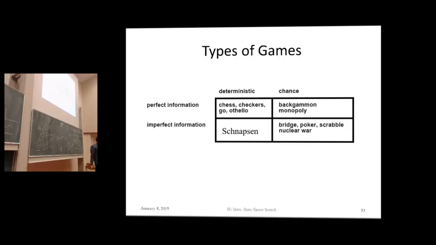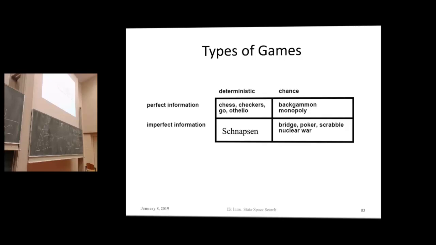And it's deterministic, so if I make a move, I end up in one specific situation. That's not necessarily the case, so if you play backgammon, I make a move, but the move starts with throwing a dice. So I have a notion of uncertainty in it, a notion of chance. So this is the kind of game where you have a notion of chance, but perfect information. That's backgammon, for example. You know exactly where the stones of your opponent are.